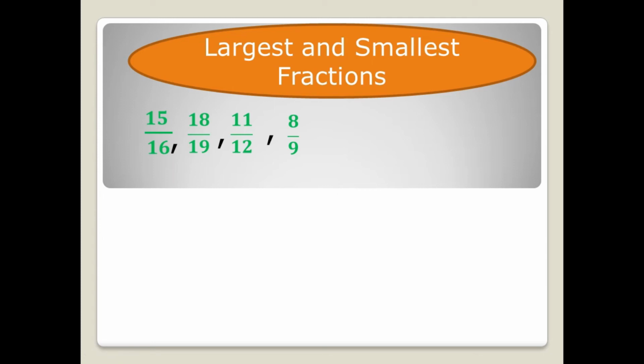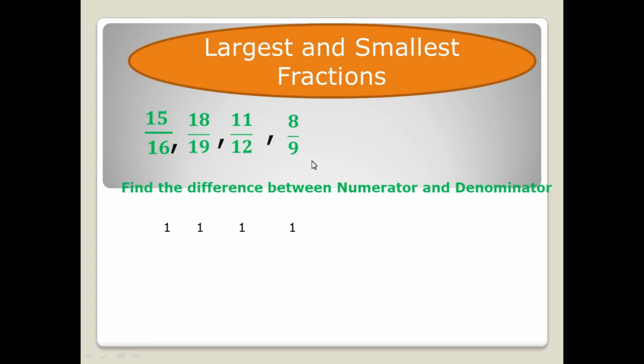And what we have to do is to find the difference between the numerator and denominator. Let's have a look at that. You know that the difference between numerator and denominator of all these fractions is 1. It means that when fractions are proper fractions and the differences between numerator and denominator are equal, then the largest fraction will have the largest numerator